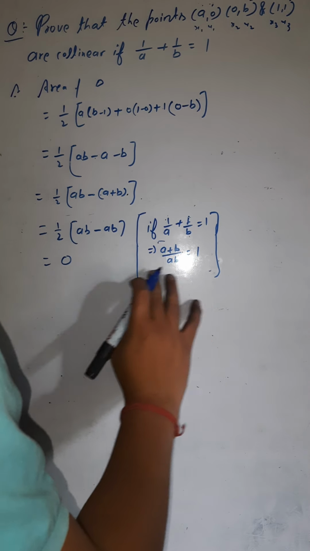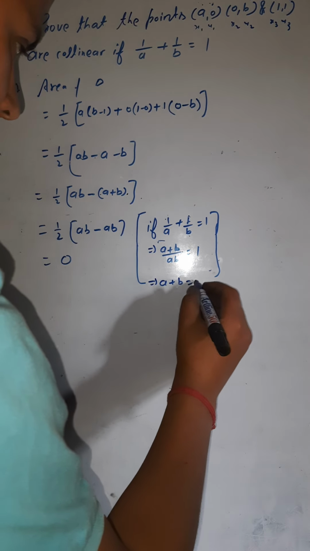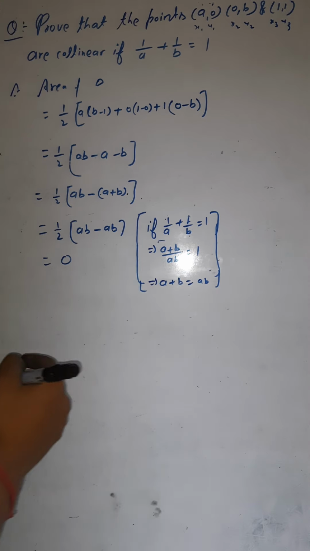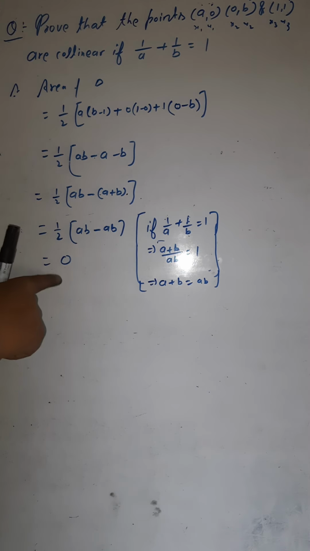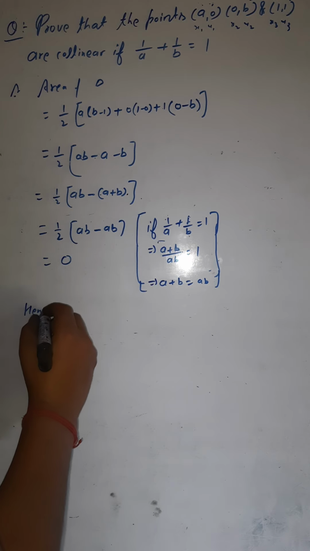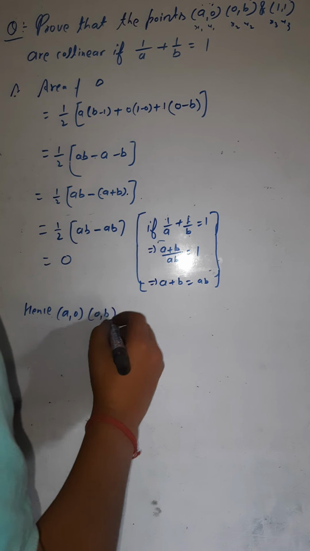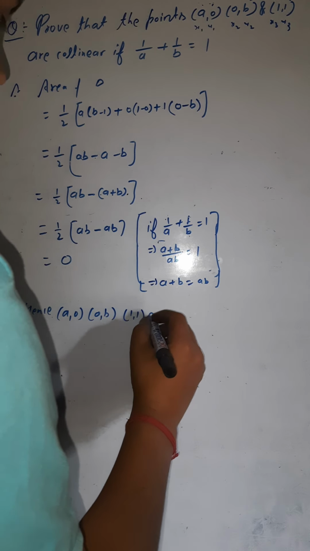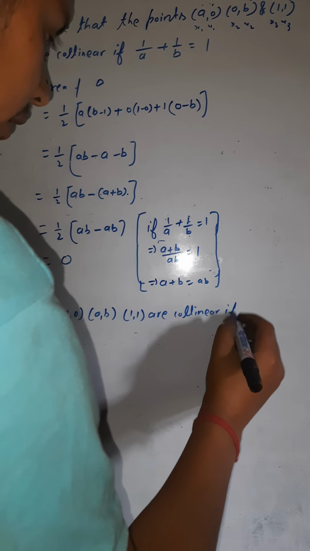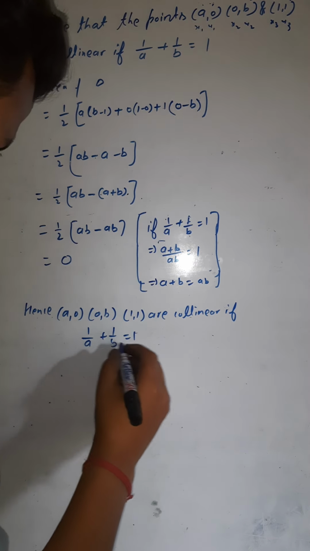Hence, if this is not visible here, let me write it down. a plus b would be equal to ab. Yes, so these points are collinear. Write here: hence, a comma 0, 0 comma b, and 1 comma 1 are collinear